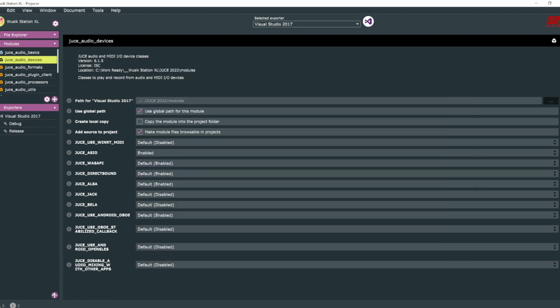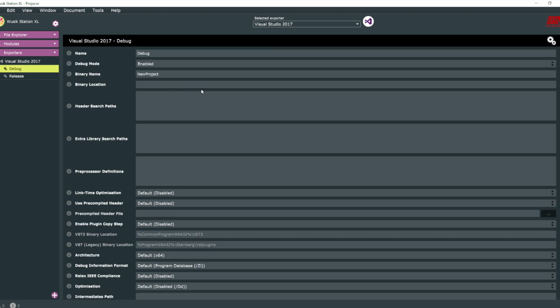So I just go here on the exporter and put in the header search paths. I just put the ASIO files in there. I'm going to supply all the header files for ASIO and VST2 in the plugin, in the video description,